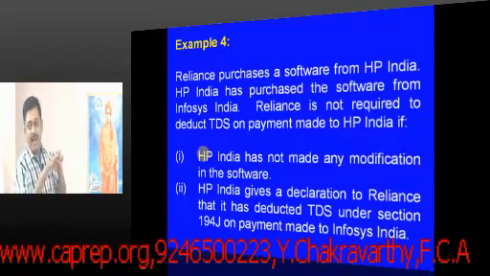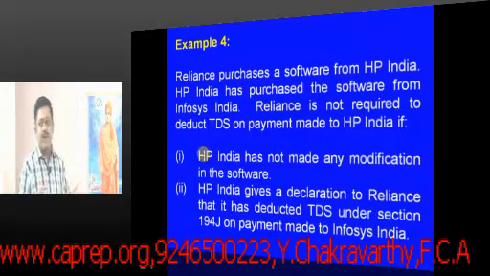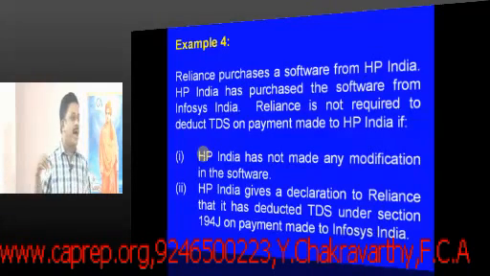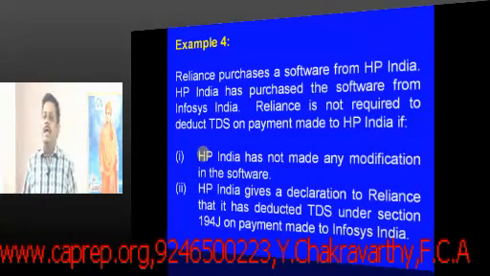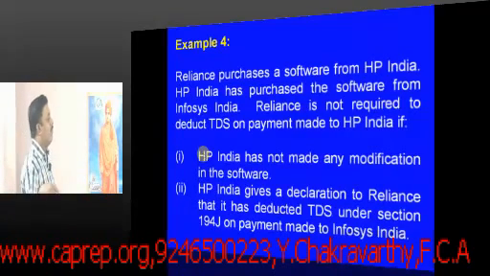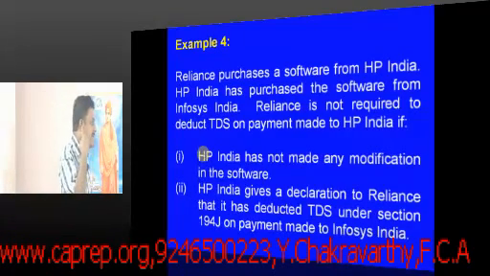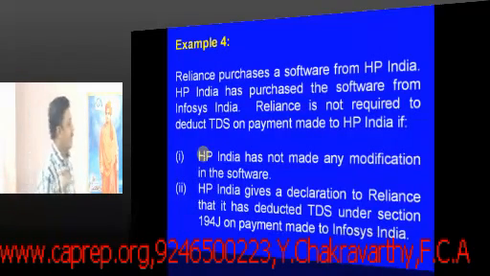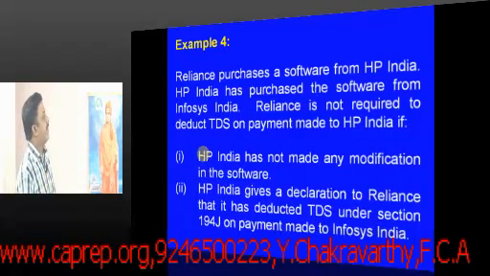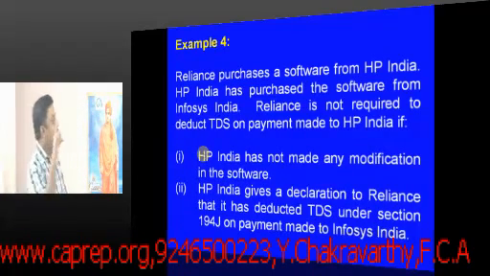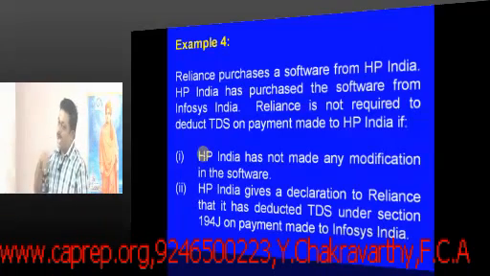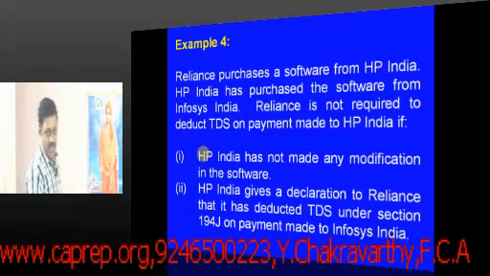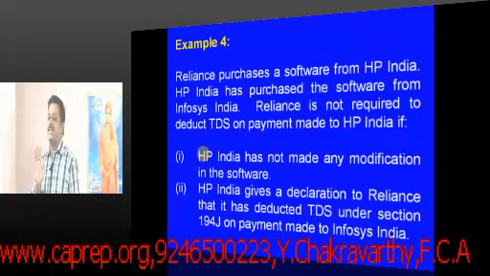HP India has not made any modification. HP India gives a declaration to Reliance that it has deducted the TDS on payment made to Infosys. So in this particular situation, Reliance purchased the software from HP India. HP India purchased the software from whom? Infosys. So while making the payment to Infosys, HP India already deducted the tax at source. So on subsequent transfer by HP India to Reliance, Reliance need not deduct the tax at source, but it